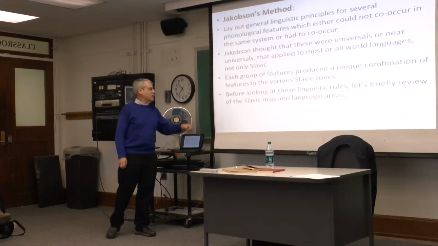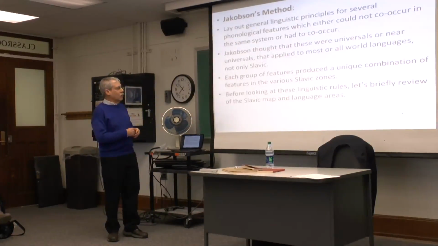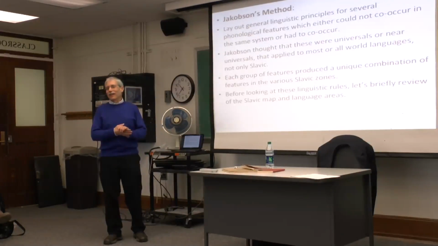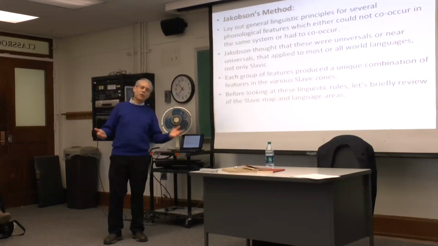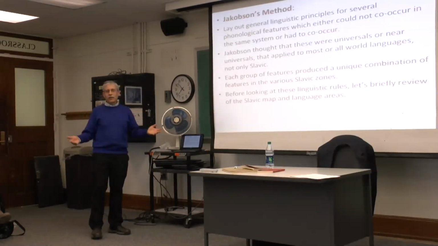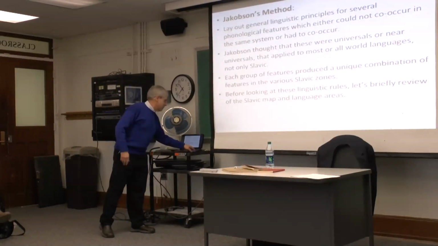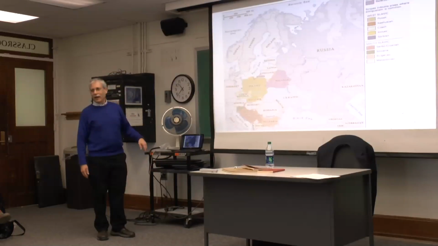So before looking at these linguistic rules, we'll get into these basic oppositions. There's something like 3, so it's not like 49, you don't have to deal that much. They deal with certain phonological oppositions that can occur. But I don't know how familiar you are with all the Slavic areas, so I'll give you a brief review of the Slavic map. Hopefully this map will work. And just to show you what we're dealing with.